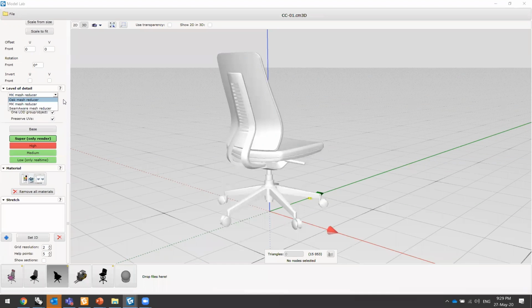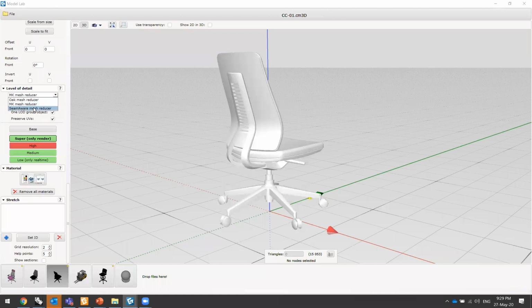The oak mesh reducer comes in handy. What I do notice is sometimes when there is a negative space, for example, a leg cantilever that is built from steel tubes, I get better results with oak, but like 9 out of 10 times MK is better. We are adding a new reducer,